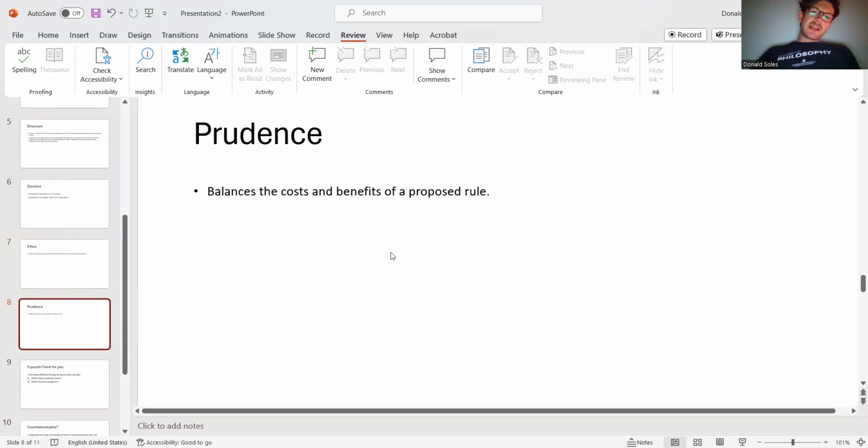The last kind of modality is that of prudence. It involves a kind of weighing and a cost-benefit analysis. We saw in the text, for instance, this example that I thought was quite interesting. The example was there is a constitutional prohibition against the federal government becoming embroiled in private contracts, except that in some cases, it might be a good thing for the government to embroil themselves in private contracts, to interfere in private contracts for the greater good. So when you're thinking about social policy in utilitarian terms, it's a good sign that you're making a prudential argument.